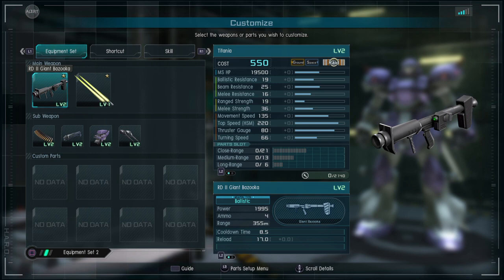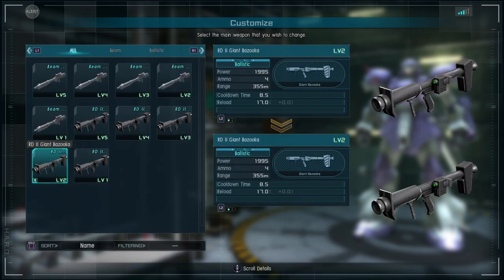And starting off with the primary here, we do have the LV2 giant bazooka. As the name suggests, this is the same bazooka that the LV2 uses, which is definitely weird because in Code Fairy this did use its own version of a giant bazooka, like the same one that the regular Dom uses. So yeah, interesting choice to see the LV2 variant here. But yeah, this is the level 2 version, so